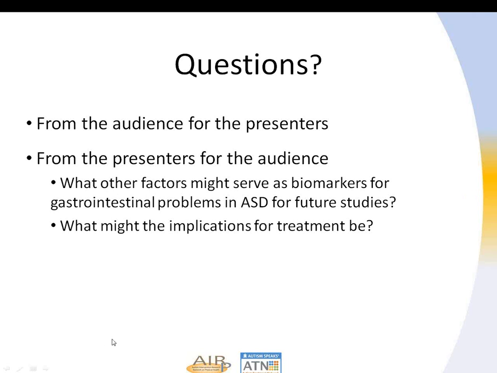I would say at this point we don't completely understand how those relationships might play out, but it's a very interesting area for further research. It certainly would fit with some of the work that we've seen previously with our own registry data, where GI problems and sleep problems have tended to come hand in hand, so they travel together quite frequently. It might help to tie some of this together.